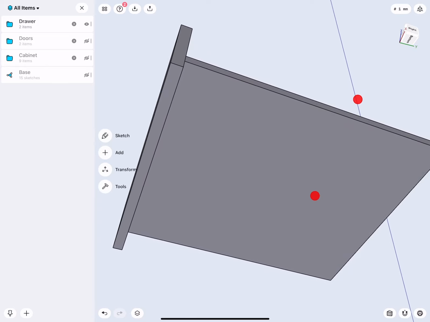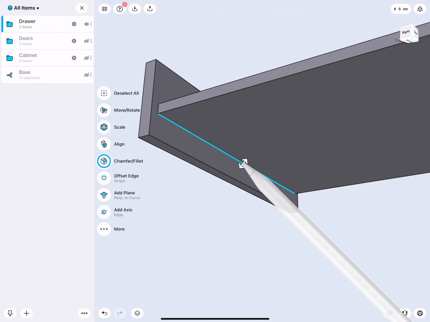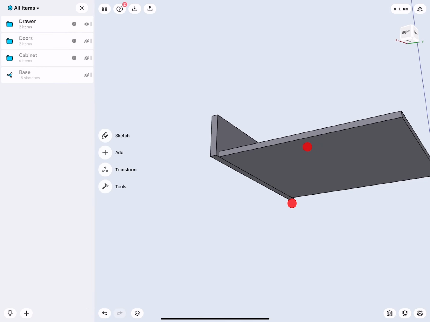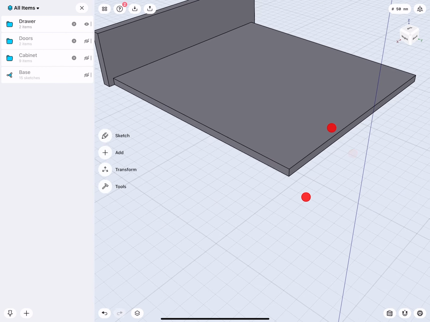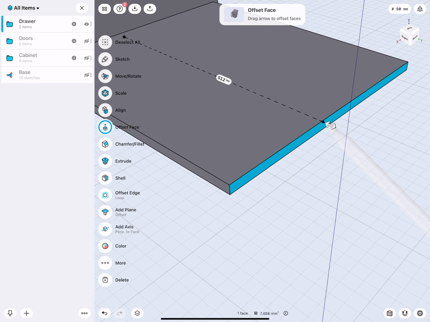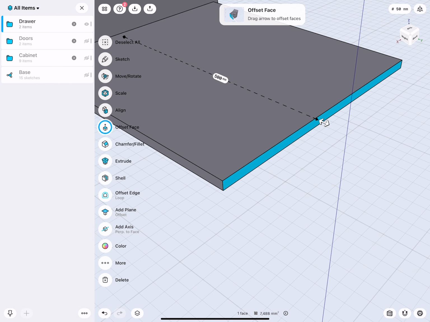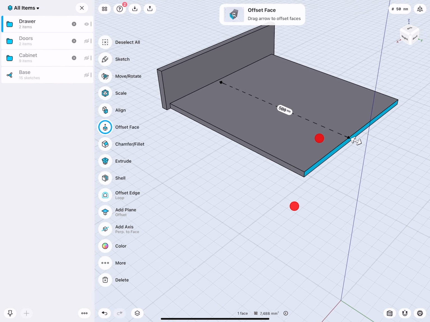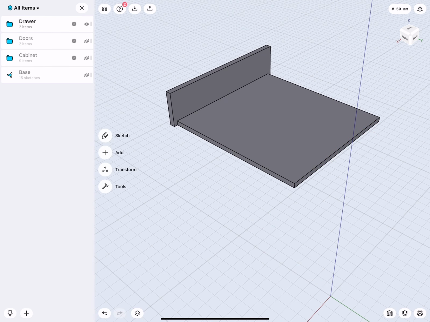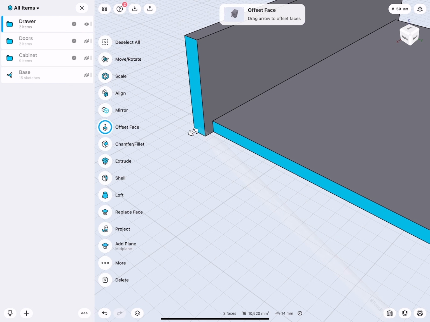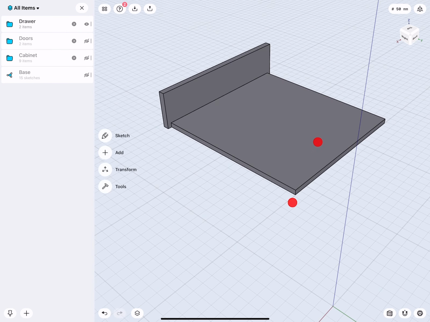And I would like to line up this edge with here. Again, line tool does it. Fantastic. This is possibly a little bit too deep. I make this a tick shorter. Very nice. When we want to insert hardware left and right, we need to have a gap here. So this is actually good.